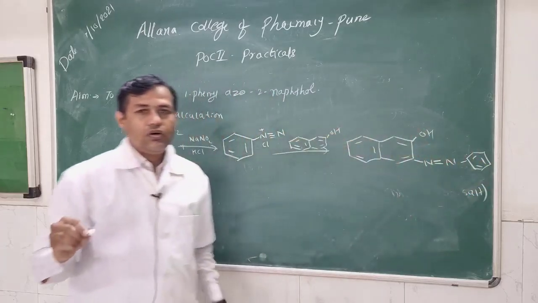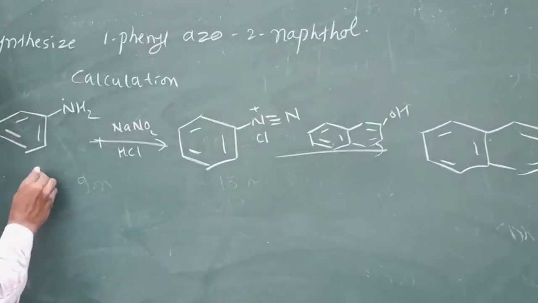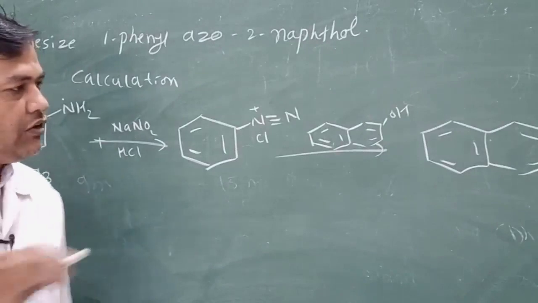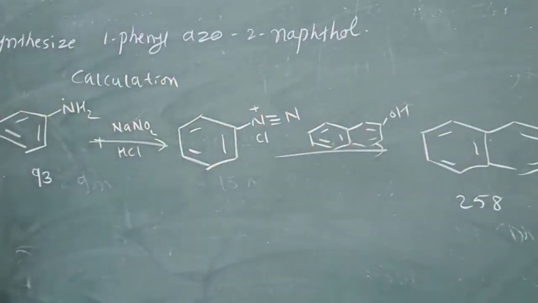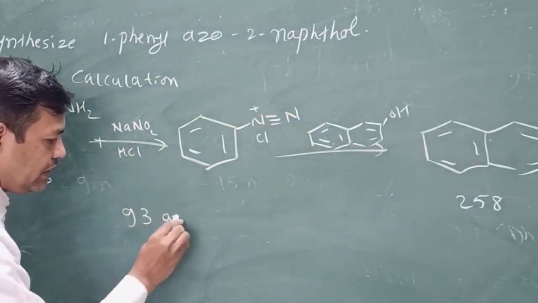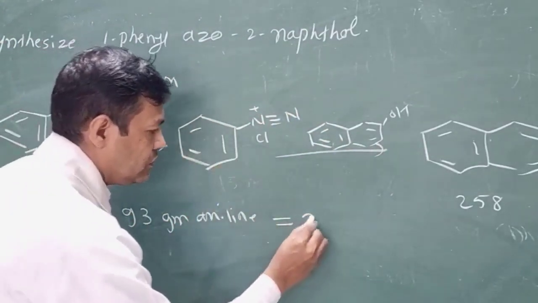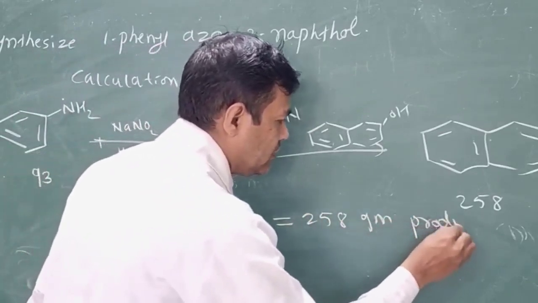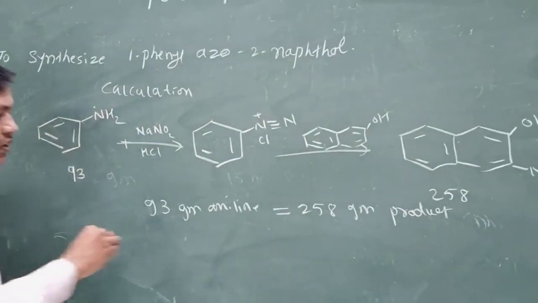Okay, so it is a mole to mole reaction. If you see the molecular weight of aniline, that is 93, okay, and if you see the molecular weight of this final product, that is 258. So what does the reaction say? That 93 gram aniline will yield 258 gram product. Our product, you know that it is 1-phenyl azo 2-naphthol, but here we have